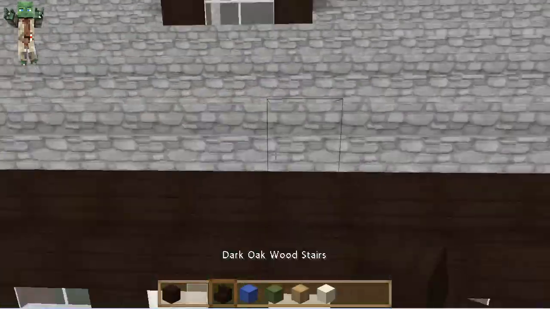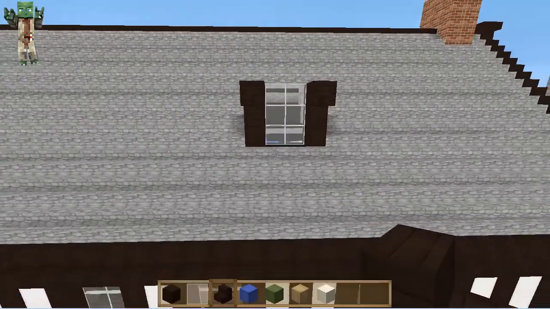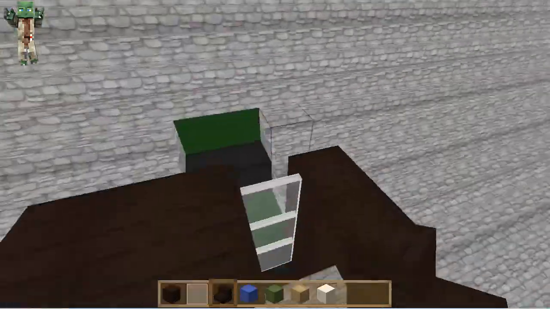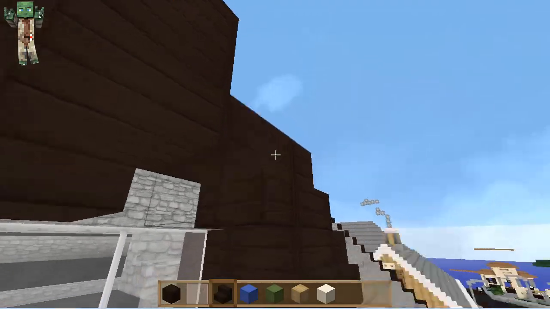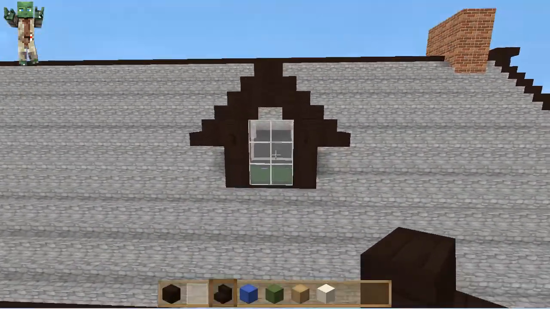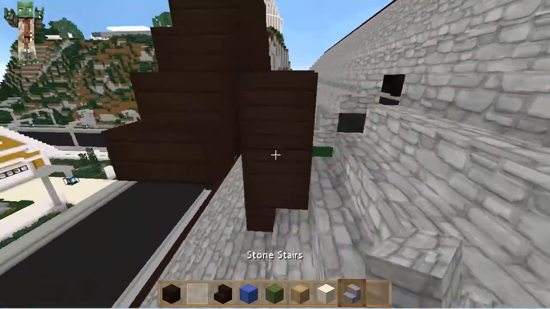Grab a bit of dark oak and go here and here. So pretty easy so far, right? And then it's just a question of building up a roof like that. 1, 2, 3, 4, and as everyone knows, if you count, it's a heck of a lot easier. There we go, and then that goes there